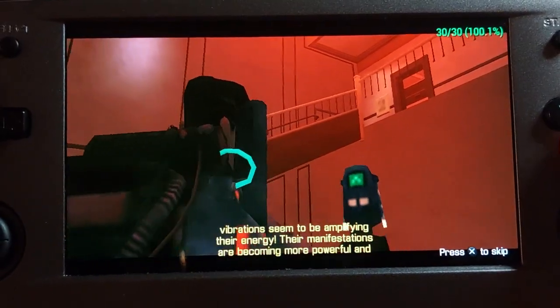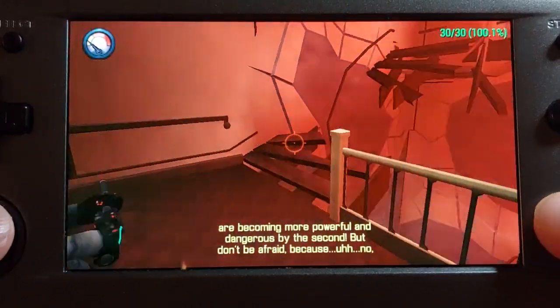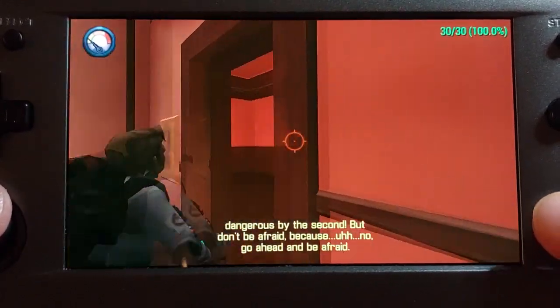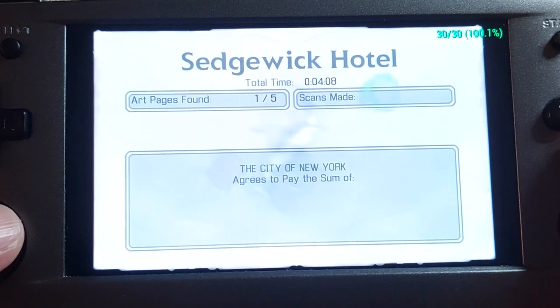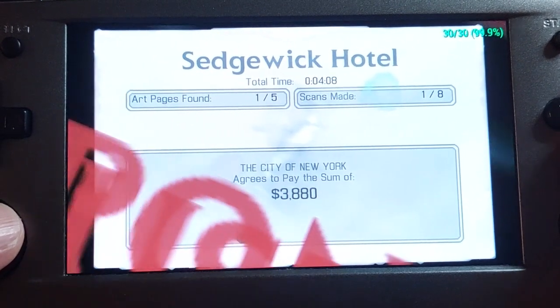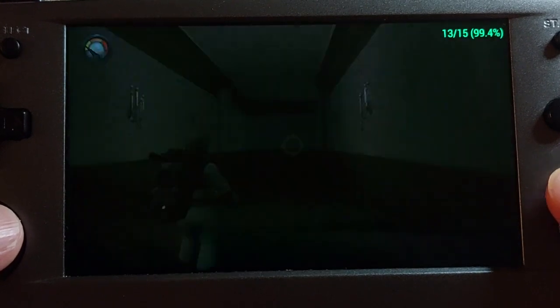Vibrations seem to be amplifying their energy. Now, Winston isn't with the 3 right now. Isn't with the 4, including myself or your playable character. But he does make a lot of appearances. All right, that was quick. We did choose a rookie difficulty, so